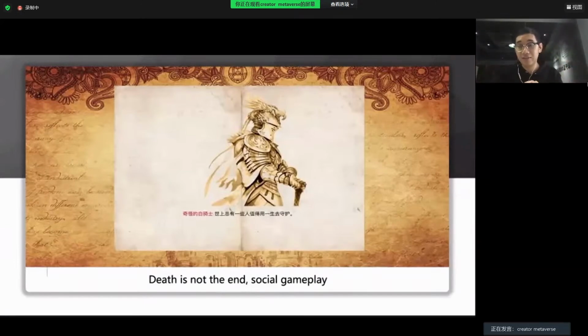So each time you finish the game, you can try to add your character into the whole game. For example, if you finish your game and create your own character, you can add your character inside the book, and that will be quite interesting.